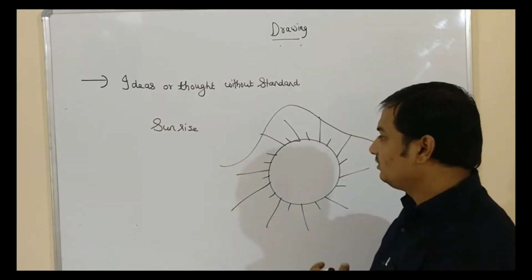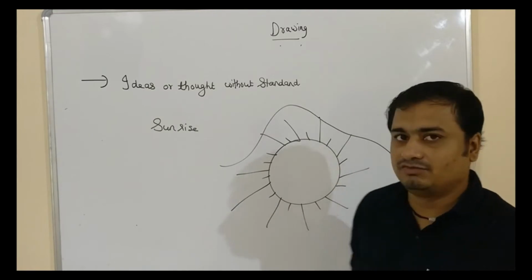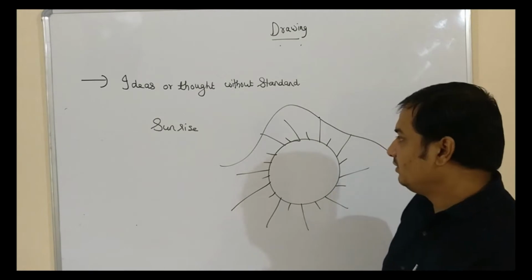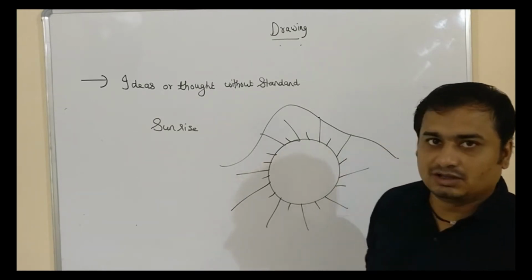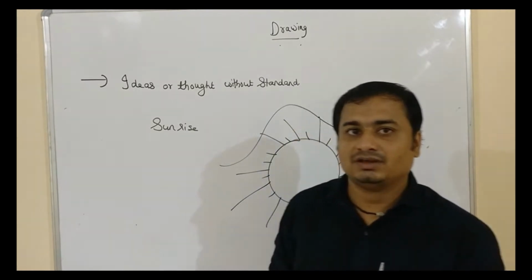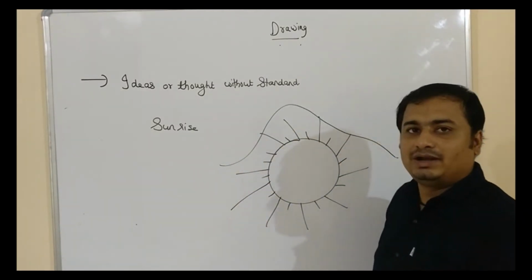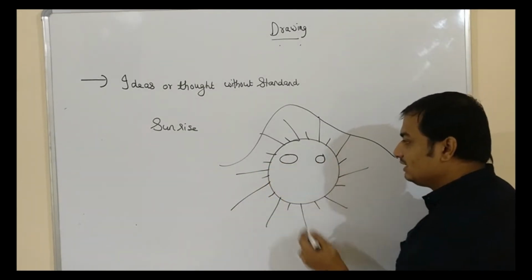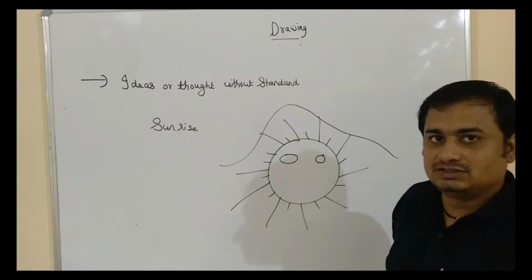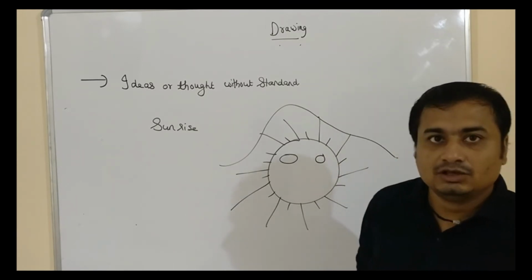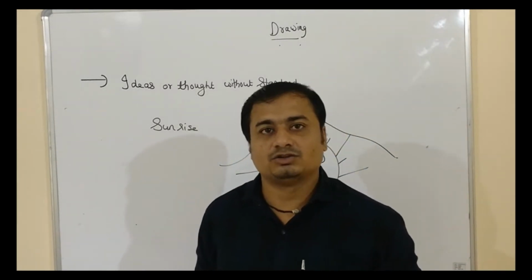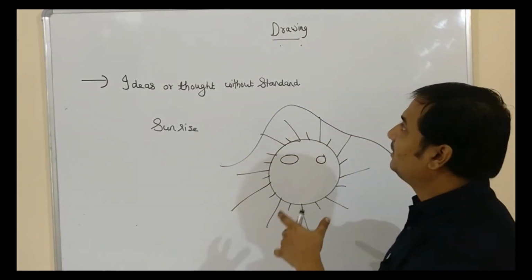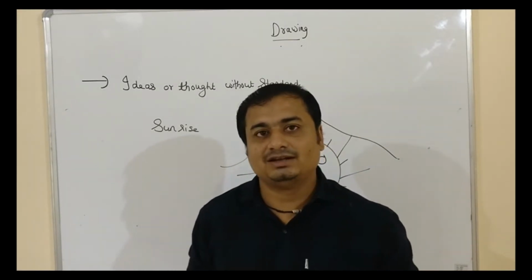But in this idea or thought which we were representing by means of a picture, we are not following any standard. We are not plotting any dimensions. We are not giving any specifications for the mountain and the sun. So we were manipulating this drawing as per our requirement. We can also use two circles inside the outer circle which is representing the sun, just to represent the eyes of the sun. That means we can do anything. We can manipulate our thoughts and ideas without using standards and specifications. So that was simple drawing, which we have done in our school times.